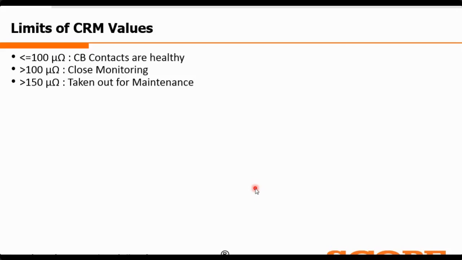The IEC and CIGRE guidelines, and several OEM guidelines, say the same. So these are the two most important questions regarding CRM: the current injection and the limits of the CRM values, which I have discussed.